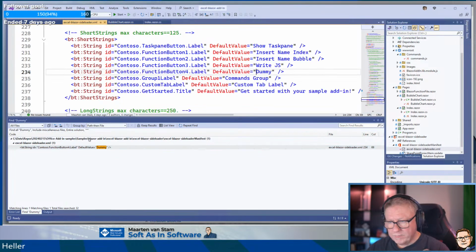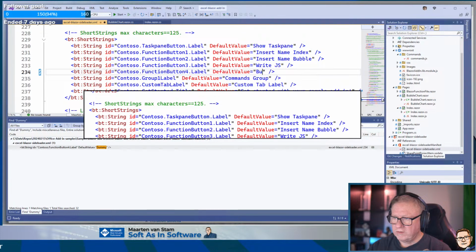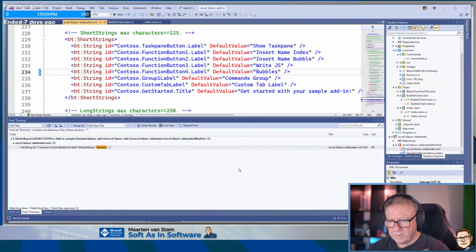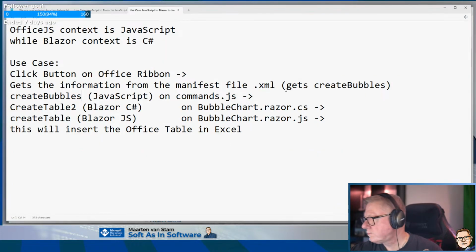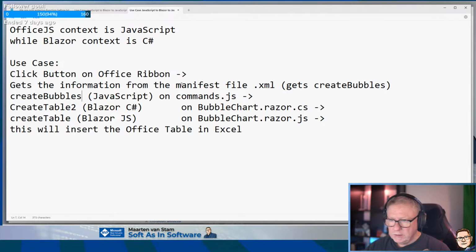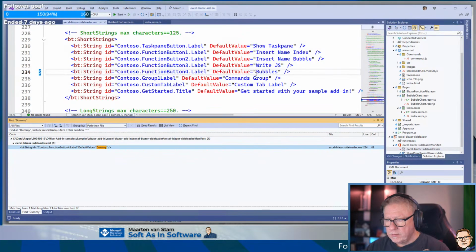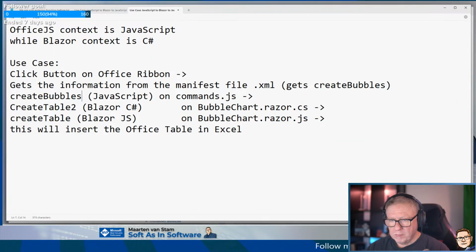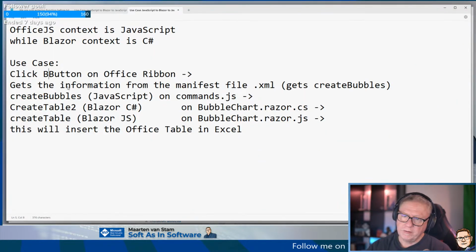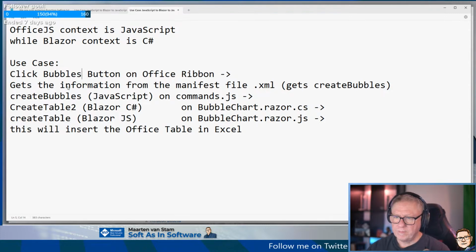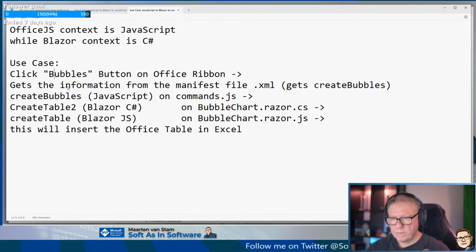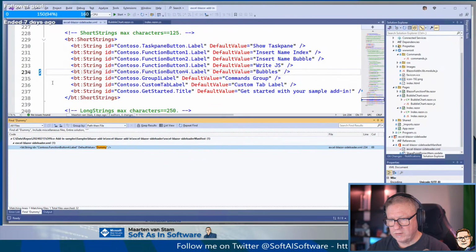It's only one. That's called bubbles. Save. That's the bubbles button. That's the information from the manifest file. Create bubbles the JavaScript function and commands, and that calls